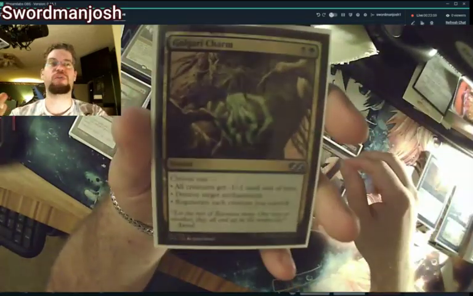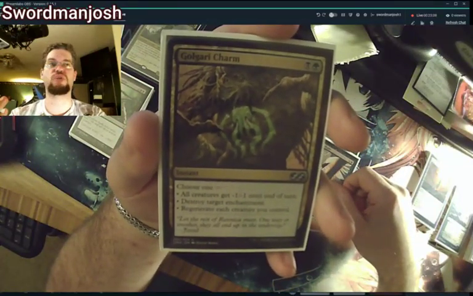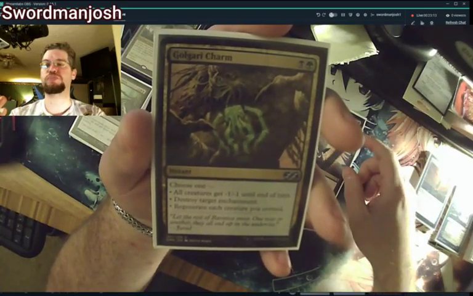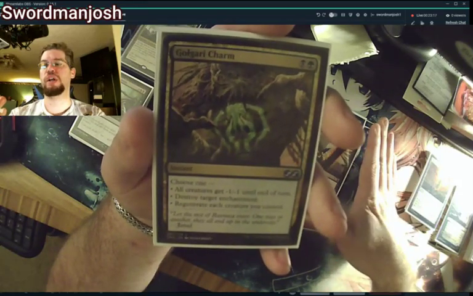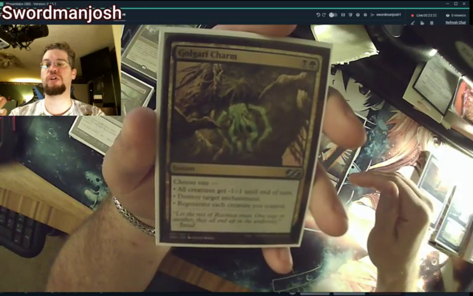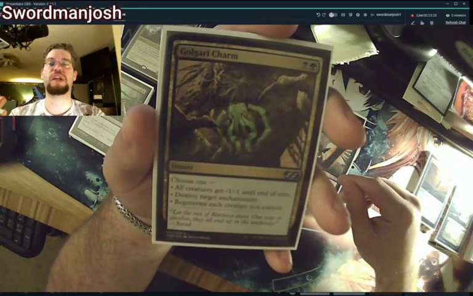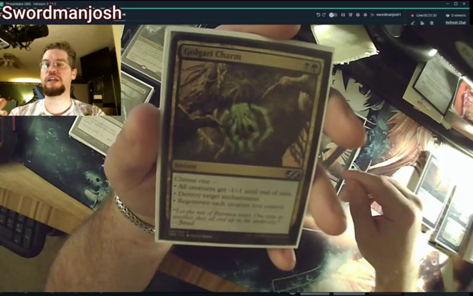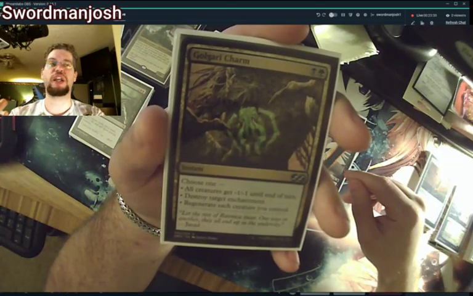Our next one that I run in the removal package is the Golgari Charm. This is great against token or weenie decks. But for a black and a green, you can choose one of the modes, and 2 of the modes are destruction. One is all creatures get -1/-1 until end of turn, which doesn't work to proliferate, but it gets rid of a field full of 1/1 tokens. The second mode is to destroy an enchantment, and then the third one is to regenerate each creature you control,